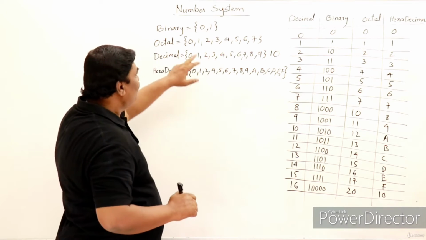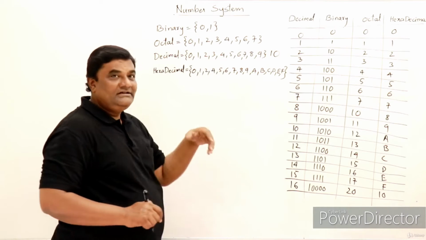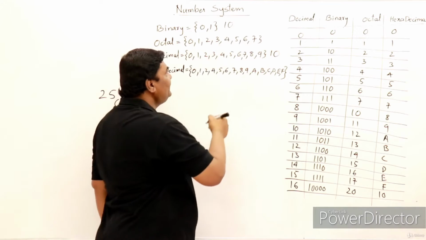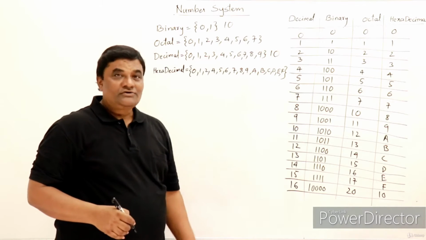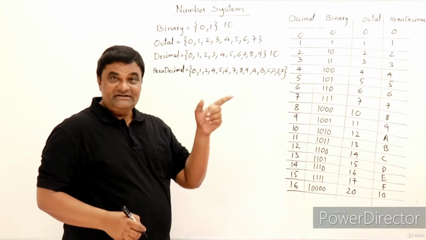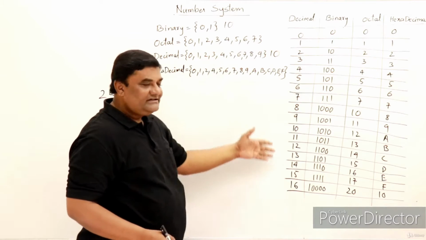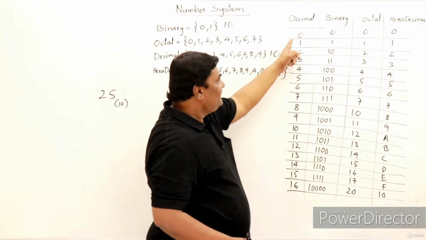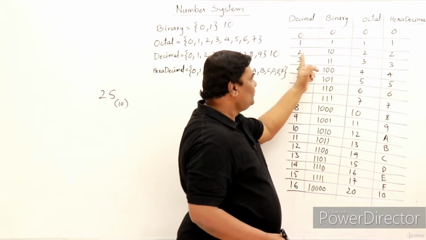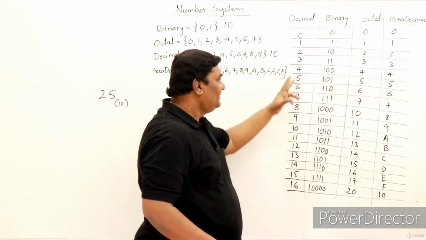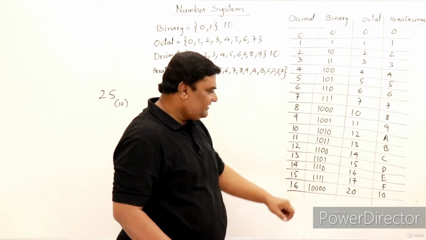In the same way, we have only 0 and 1, then what is the next number? It is 1, 0, we have to take the combination. So don't read it as ten, read it as 1, 0 in binary form. That's it. So I have some numbers here, just look at them. 0 in binary form is 0, 1 is 1, 2 is 10, 3 is 11, 4 is 100, 5 is 101, and so on. Up to 16 I have written.